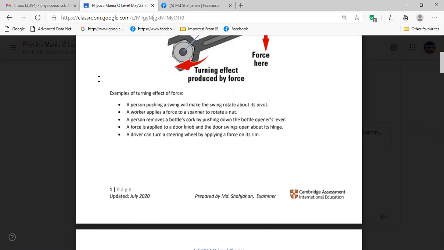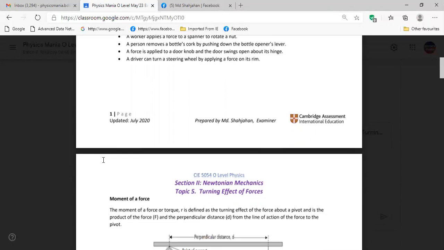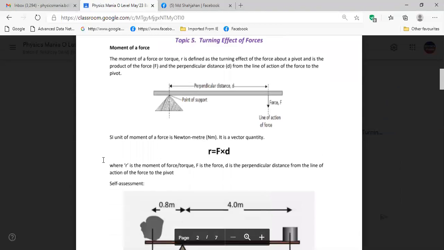No, I could not. Yeah, you just write only the name of the instrument, not all these details. Just write playground seesaw, then staplers, then pliers, scissors, door hinges, this way, spanners. Okay, sir. Then moment of a force,